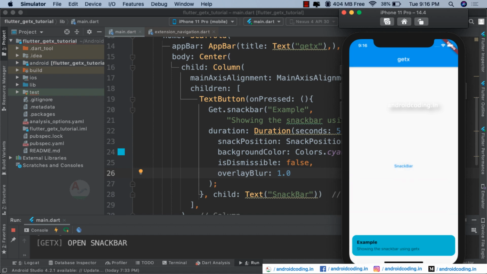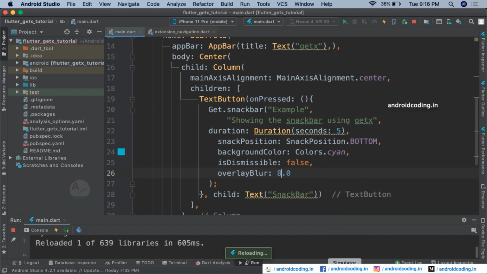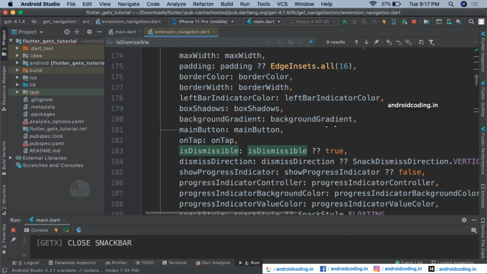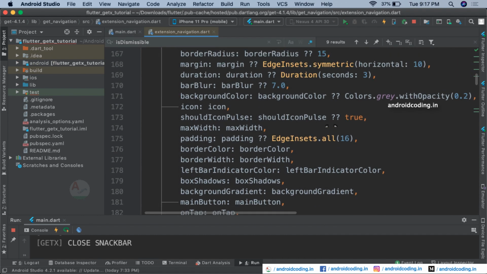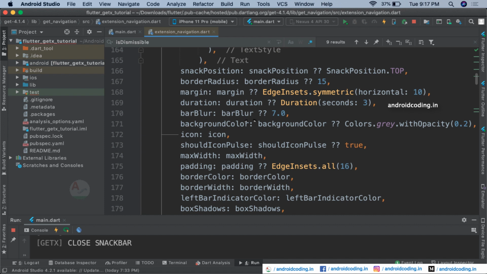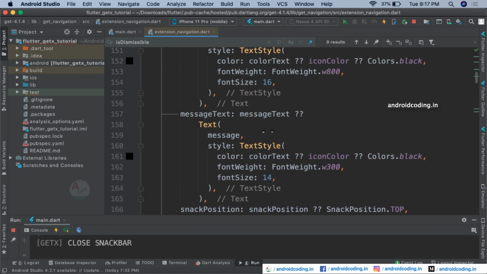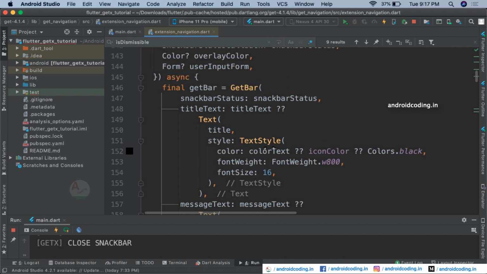You can increase the value, and now you can see our screen is completely blurred until the snack bar is visible. And these are again the general aspects, border color, border width. These are the few parameters we have gone through using the snack bar.